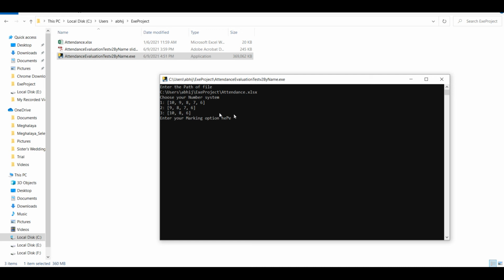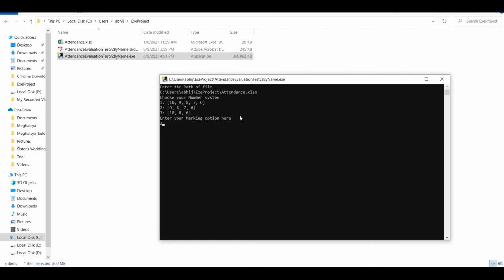Suppose the maximum mark is 10, then one teacher may opt for 10, 9, 8, 7, 6, or some teacher may opt for giving marks from 9, that is less than 1, to the maximum mark. Different teachers have their own choices. It is giving me 3 choices here. Now let me opt for the second choice. I am entering 2 here.